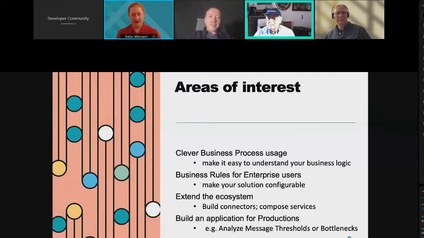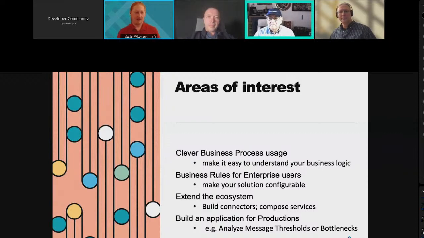In terms of areas of interest, don't just take a service and try to integrate this with a production and be done with it. I think the real value comes as soon as you start to weave multiple services together and compound them. So don't just use a weather tracker or just a localization service or an image tracker, but try to use multiple services and bring them together through business logic that you build in a business process, for example.